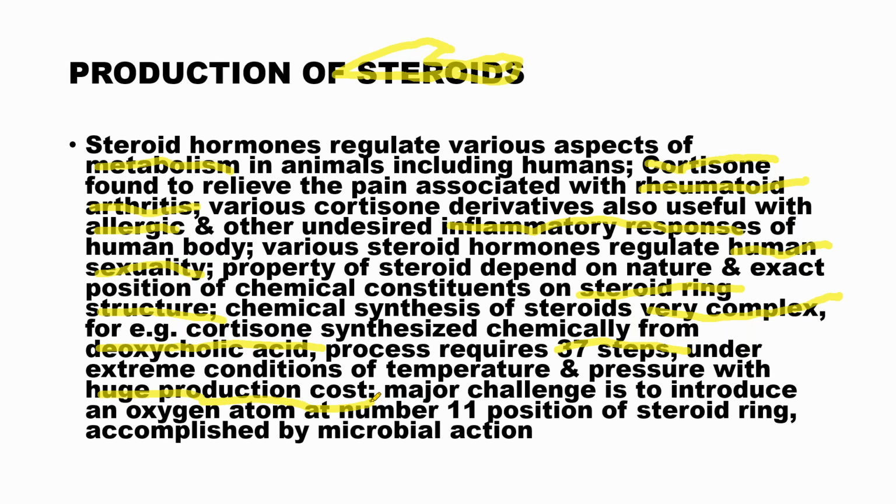For example, the chemical synthesis of cortisone from deoxycholic acid requires 37 steps, extreme environmental conditions such as temperature and pressure, and also huge production cost. The major challenge is to introduce an oxygen atom at the number 11 position of the steroid ring. So when we are going for microbial synthesis or microbial fermentation production of steroids, we will be going for some chemical substitution